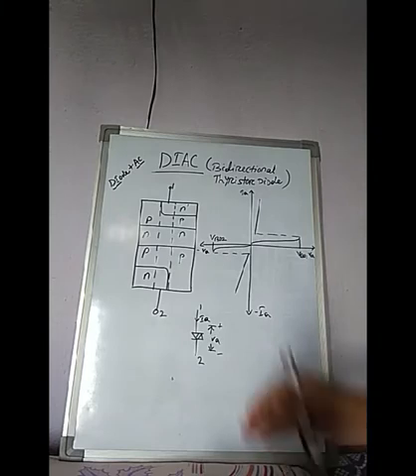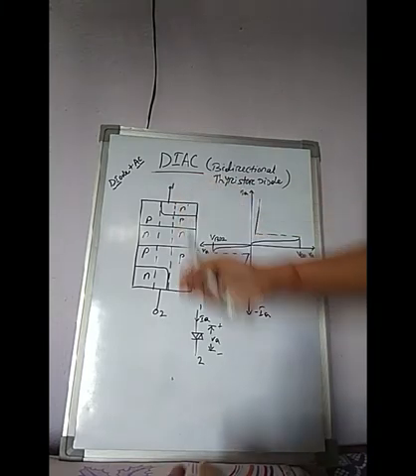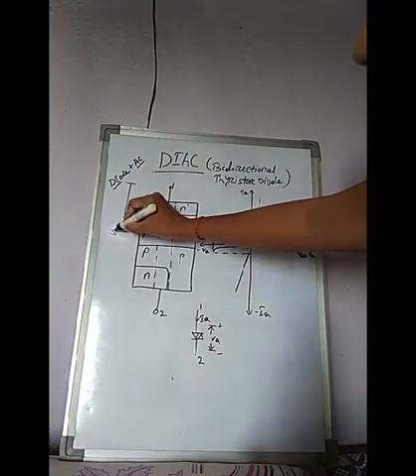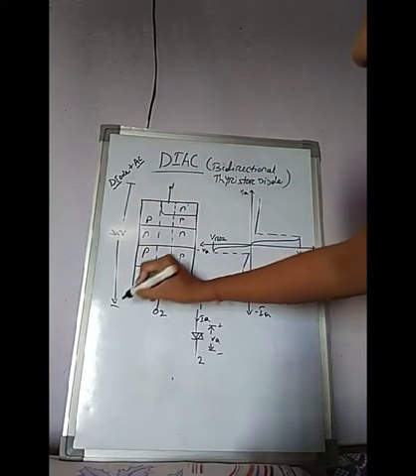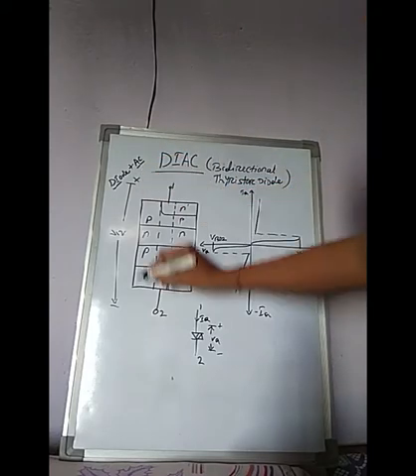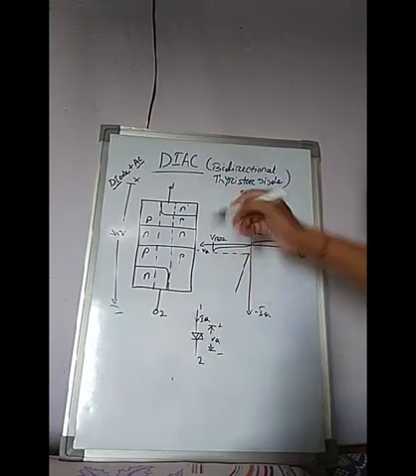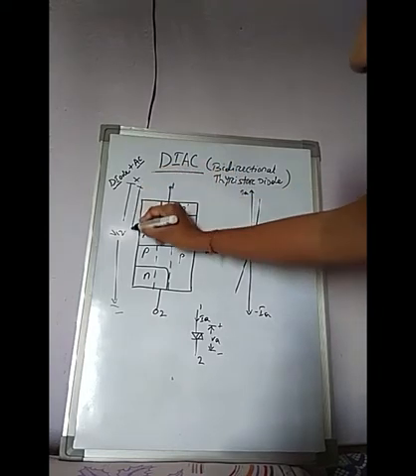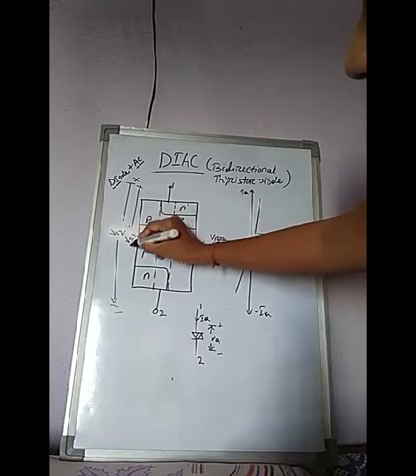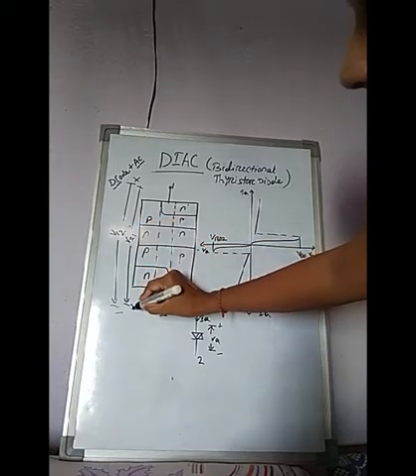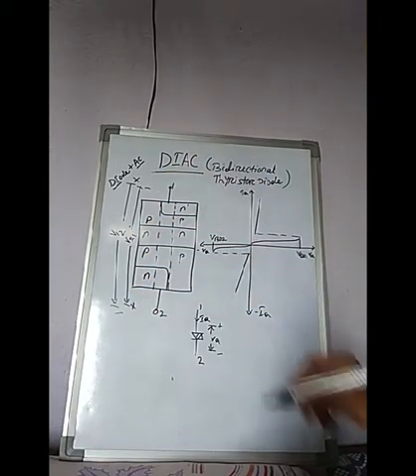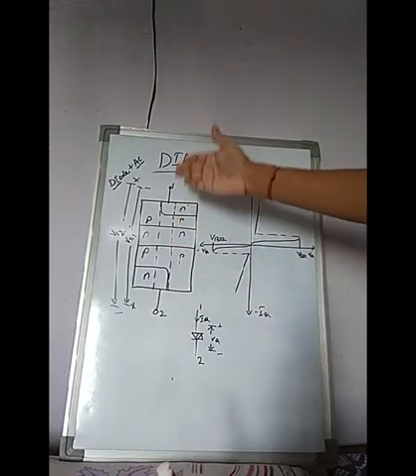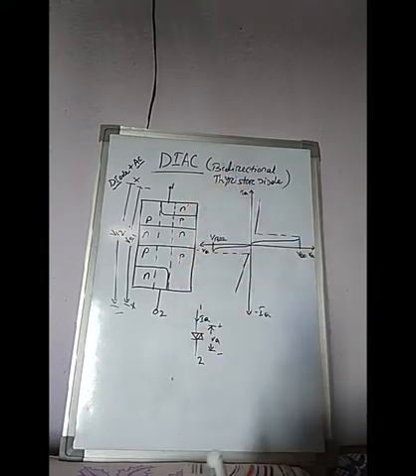Okay, so here we can apply voltage V12 across this side, where 1 is positive and 2 is negative, or I can apply V21 where this is positive and this is negative. Okay, so this is the cross-sectional view of the layer diagram of the diac.